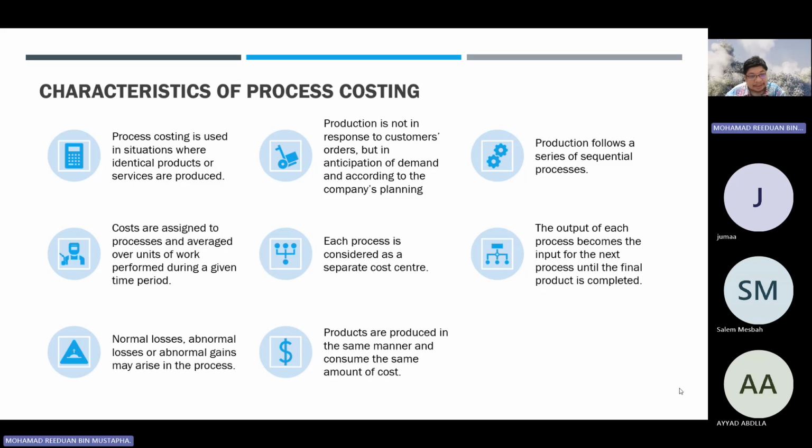And then costs are assigned to a process and averaged over the units of work performed during the given time period. So it means that your plant cost center, your facility, is a series of interconnected sequential plants. Process costing requires you to define each of these as a separate cost center, which means that for your company, like Raslanus, this would include the crude distillation unit,